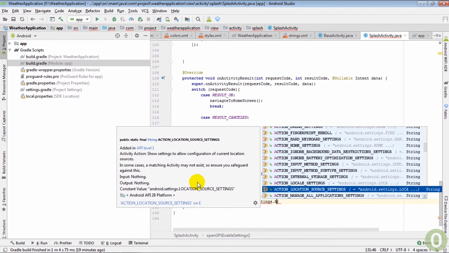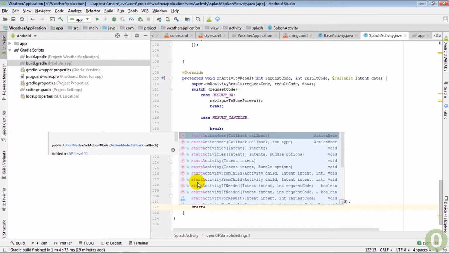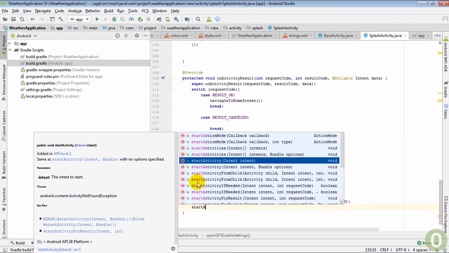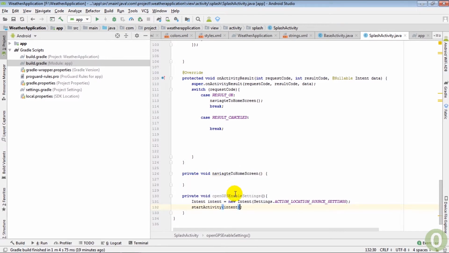Now action location and starting the activity, start activity intent. So now if user cancel the GPS enable dialog, then I am going to send him on the settings page